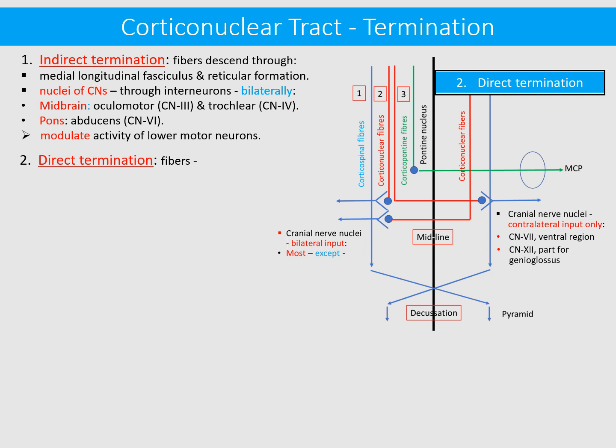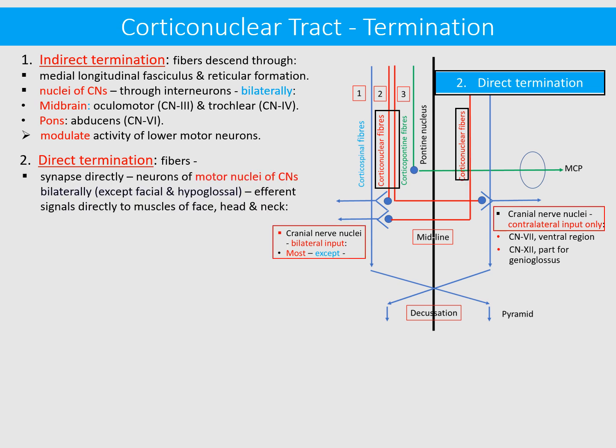The second mode of termination is direct mode of termination, in which the fibers synapse directly with the neurons of motor nuclei of cranial nerves bilaterally, except part of the facial and part of the hypoglossal nerve nuclei. They convey efferent signals directly to the muscles of the face and head and neck. These nuclei are located from above